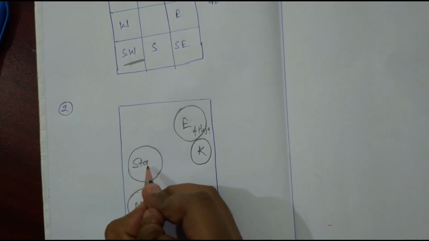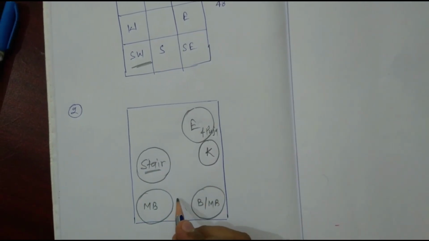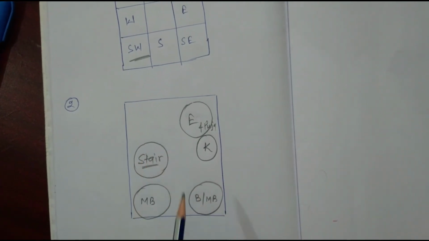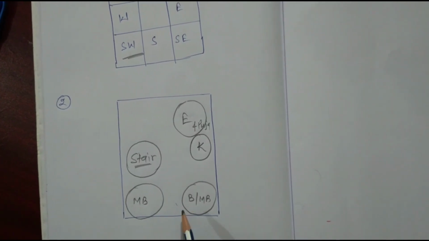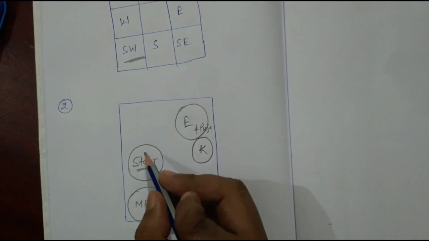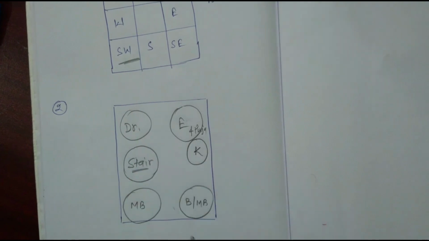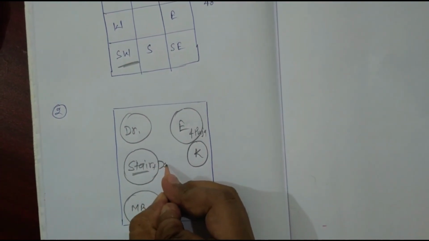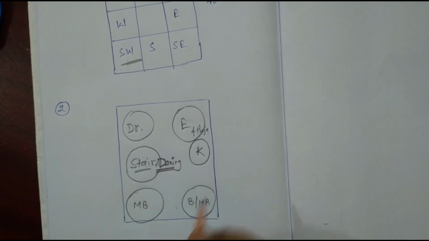In the west direction we can give the staircase. The best position for the staircase is the master bedroom position, the southwest, but the west direction is the second best position for a staircase as per Vastu. So you can put the staircase in the west direction. The master bedroom can also be provided with a toilet. Here in the northwest direction we can provide the dining room, and adjacent to the stair we can provide the dining space.